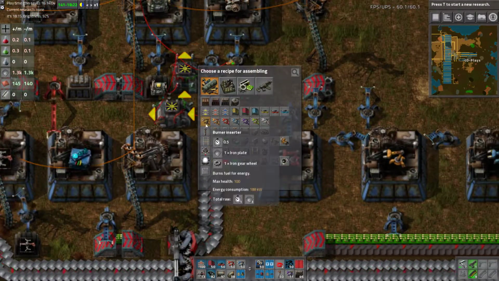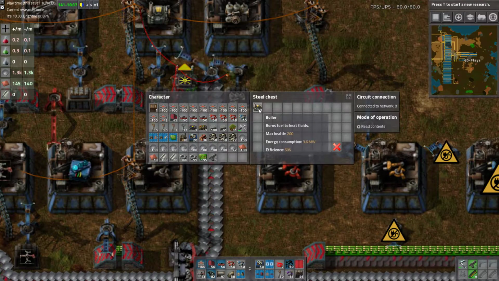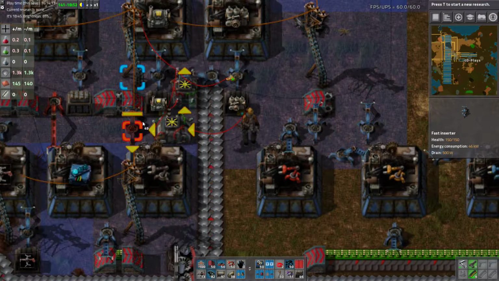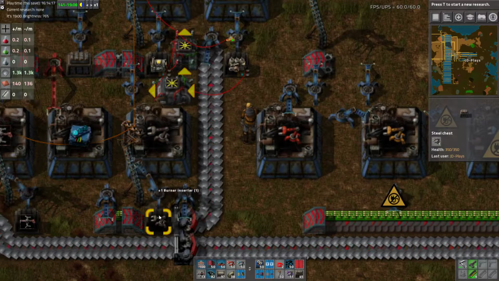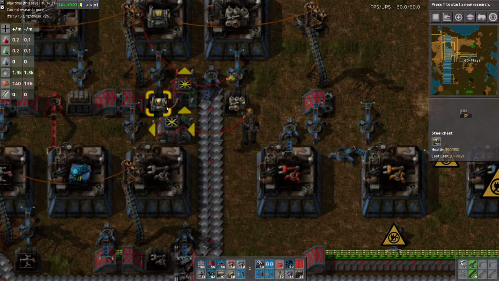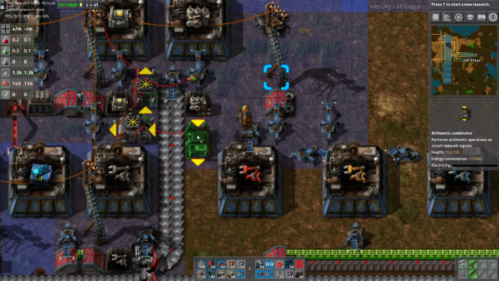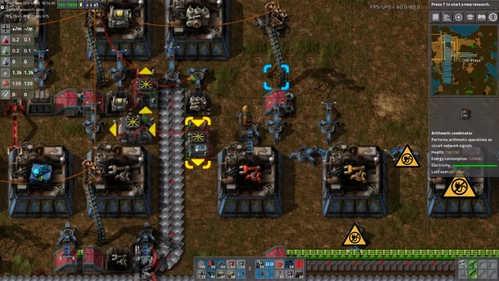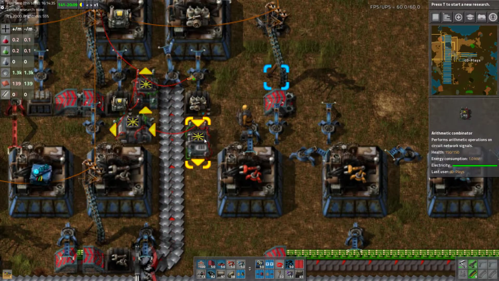Okay. We need burner inserters. We need burner inserters to feed our boilers, which is lucky because that's an easy recipe. That one, and that one, and that one, and I need to cut off your production because I want to do the same for you. So I want to read that chest